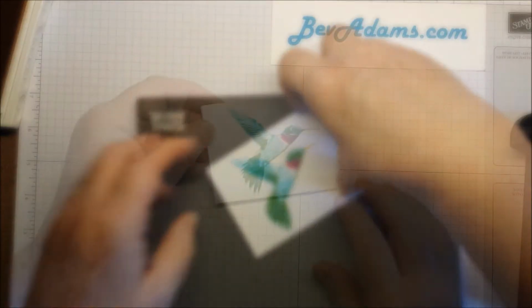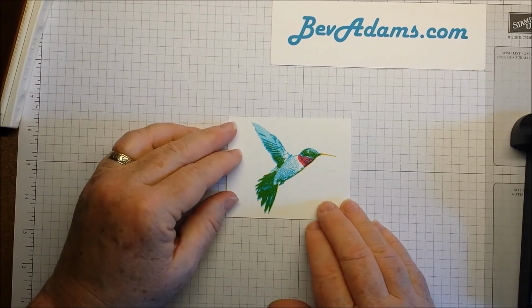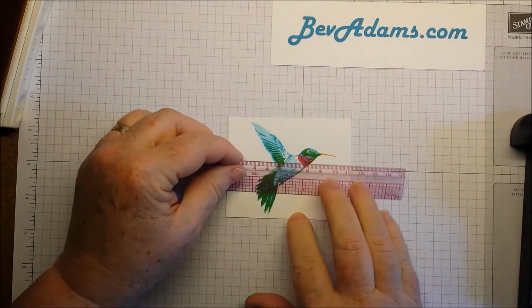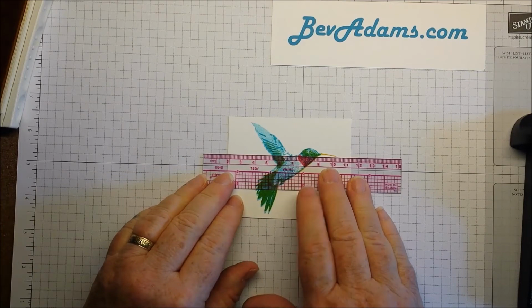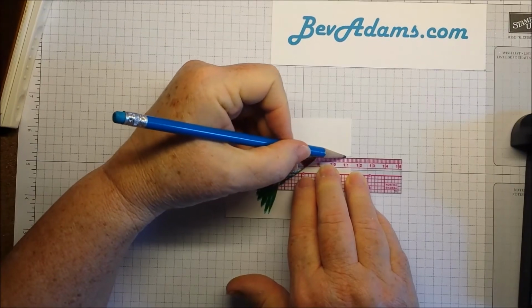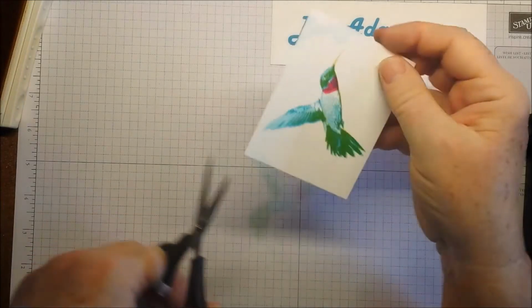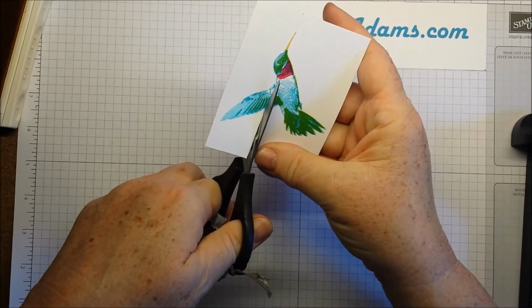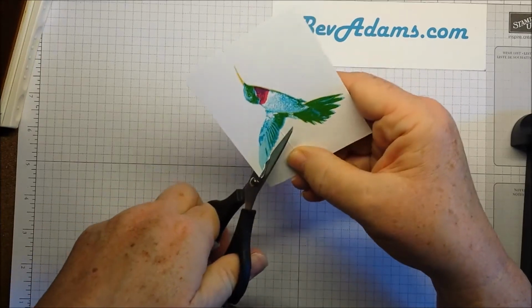So pretty. Now I want to cut out this hummingbird, and so I'm going to line it up on the lines and use a straight edge and try and go right at where the beak is. And draw a line up to close to the beak and from the wing on. Then I'll cut along that line. And if you move your paper instead of your scissors, it'll be